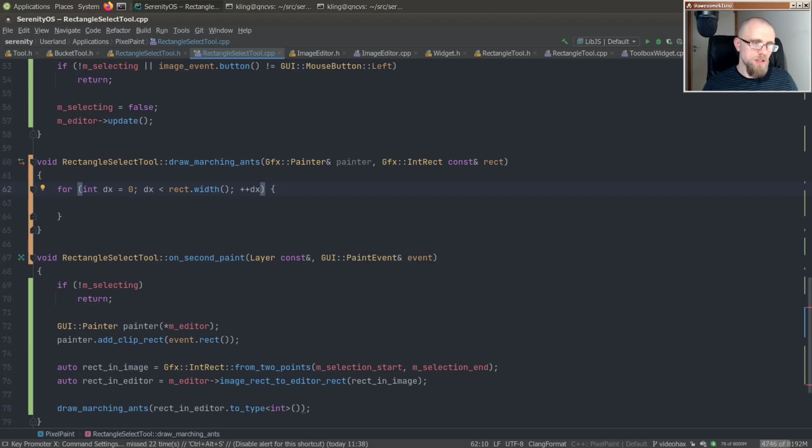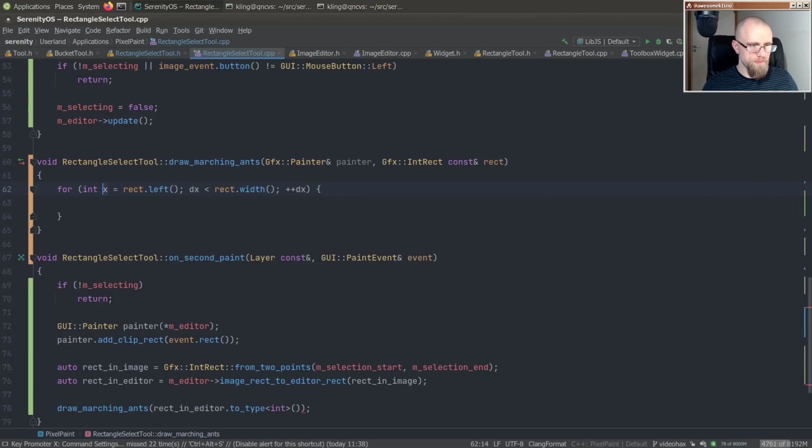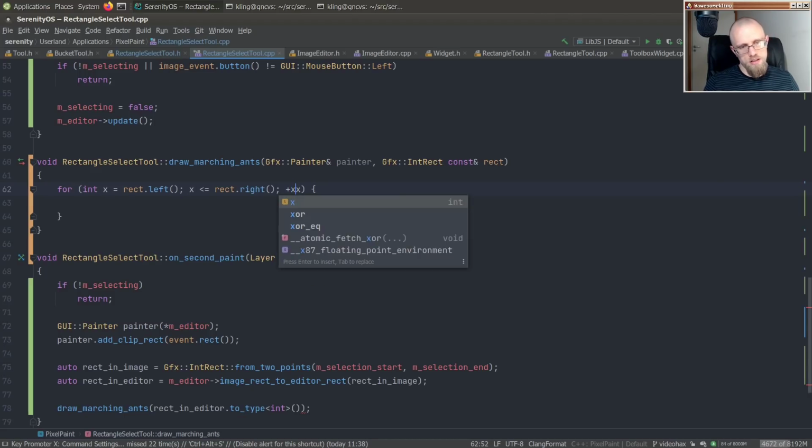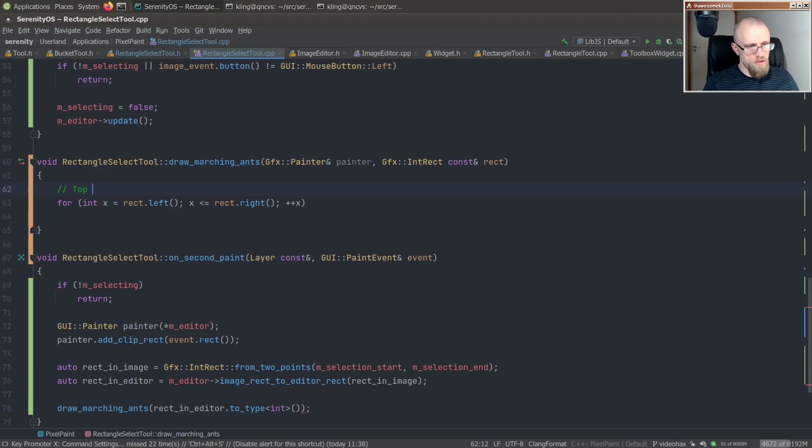Or we could even say dx is rect left. Yeah, we can do it this way. Less than or equal to rect right. Yeah, that'll work. Okay, so top line,